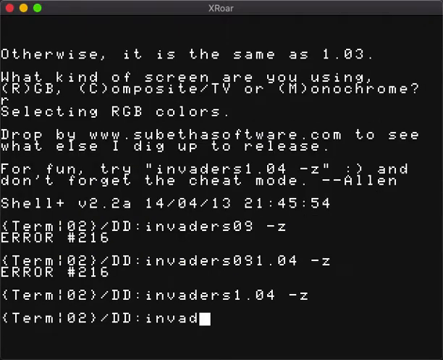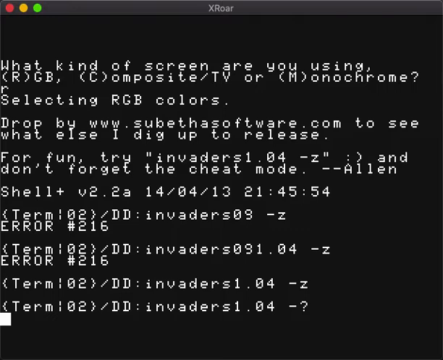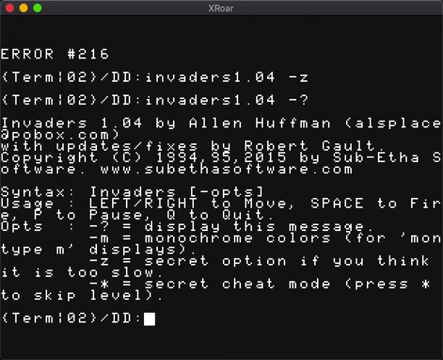And if you do Invaders 1.04-?, you'll see the help screen. That includes the -Z option, and it supported monochrome or RGB monitors. So -M would set the colors for monochrome displays, like if you had it hooked up to an old single-screen composite monitor. -Z was the make-it-go-faster option, and -*, which of course is the ASCII character 42,